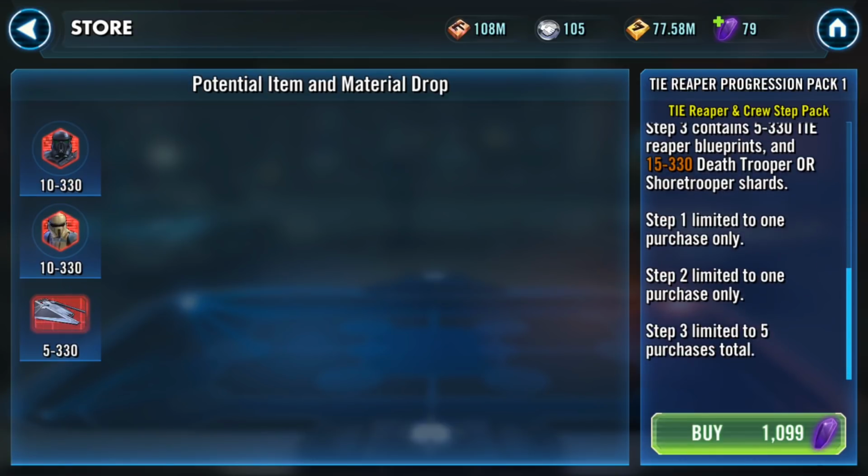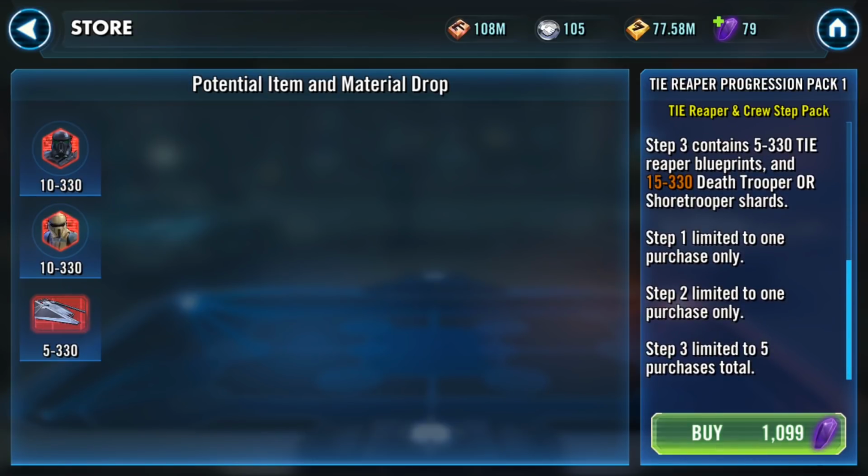And then in step 3, which is kind of cool, it steps it up. You're guaranteed at least 20 shards, 5 of the TIE Reaper, and 15 minimum of one of those characters. And this pack you can purchase up to 5 total times, and then it's gone. So this particular pack is worth 55 crystals per shard, which is from premium pricing of 80 all the way down to a base